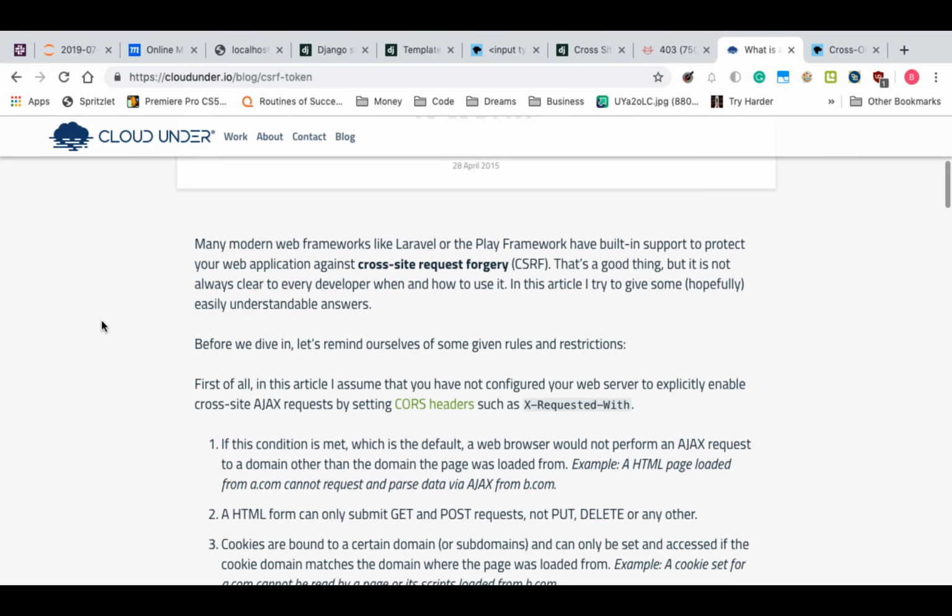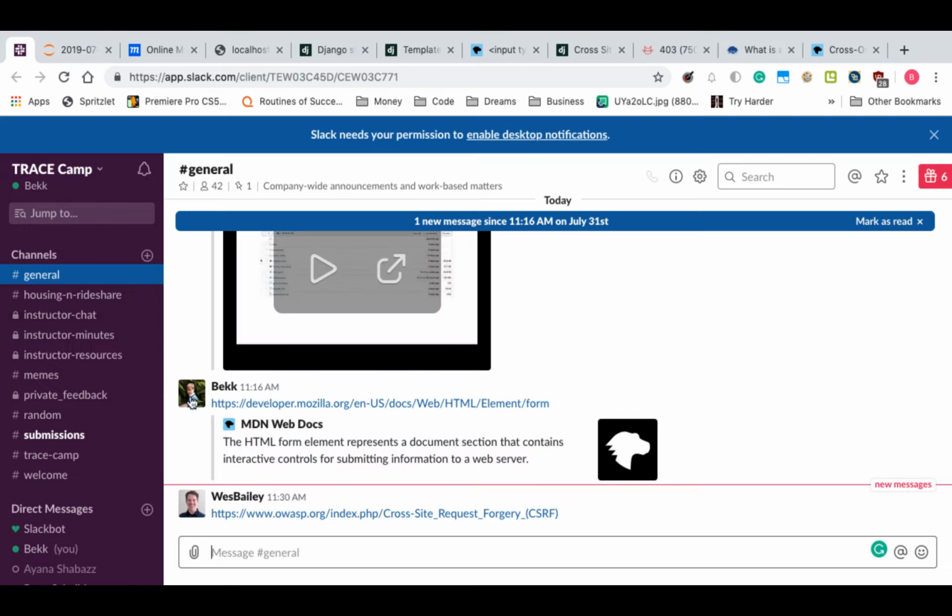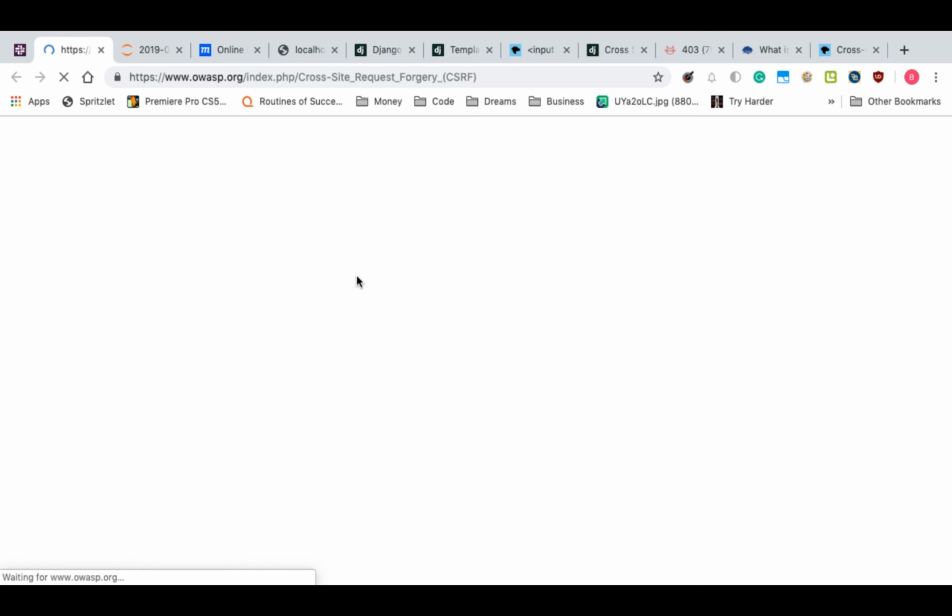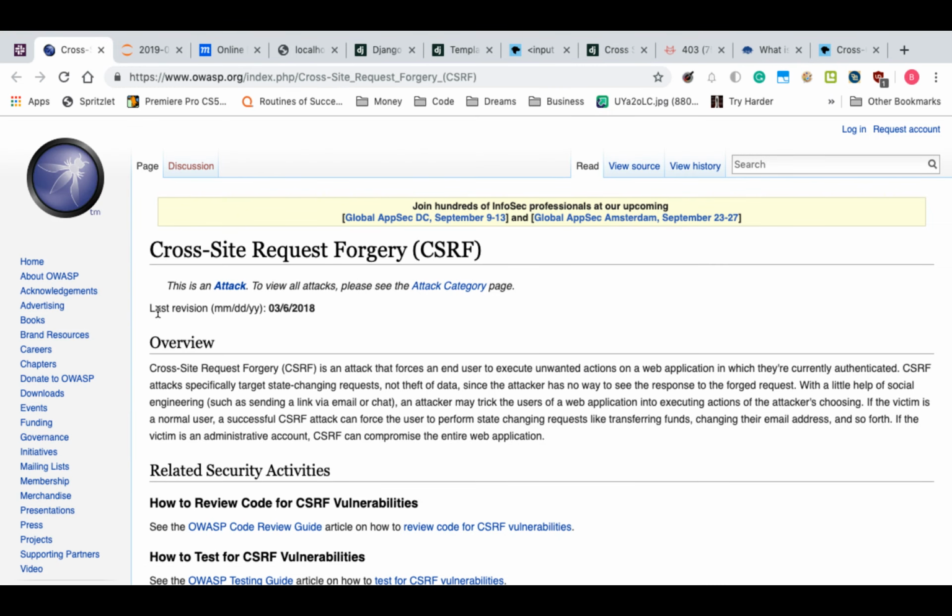The CSRF is a different type of attack. I actually just posted a link to OWASP, which is the Open Web Application Security Project, and it's a really good canonical reference for any kind of security. This is a pretty good description, an overview of a lot of good resources for CSRF. I personally think that this is something that anybody who's doing web development needs to be familiar with, because there's a lot of